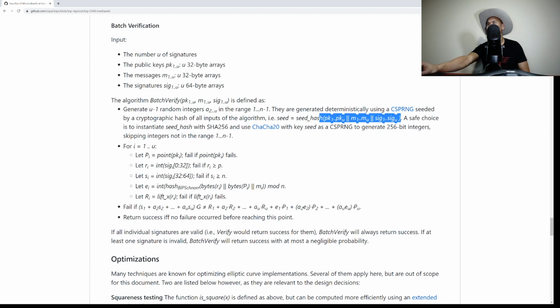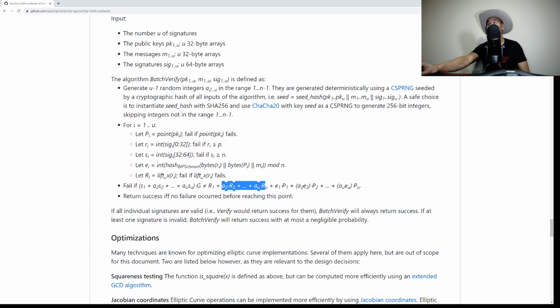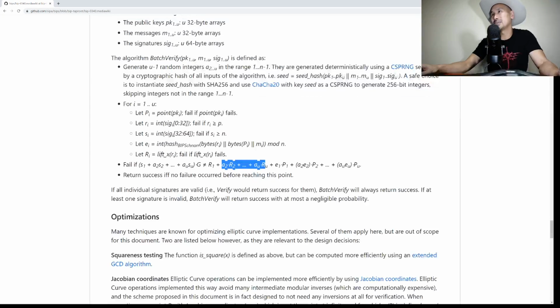Oh, you do a running total. Yeah, that's right. You do a running total of all of the sums and these random integers, and you apply the random integers to all of the R's. And if they're equal, then all of them are equal because of the assumptions that go into this. So if all of these sums are correct, then every one of them is correct, and you can't create another one without breaking discrete log in order to make it work. So yeah, that's exactly how batch verification should work.